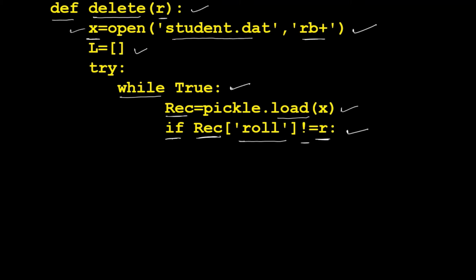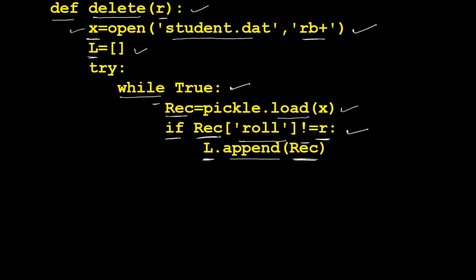So storing this record in the list variable which we had created, that is L, by writing L.append(rec). This will append the entire dictionary object in rec, which has been read from the data file, into this list L in the program or in the RAM.